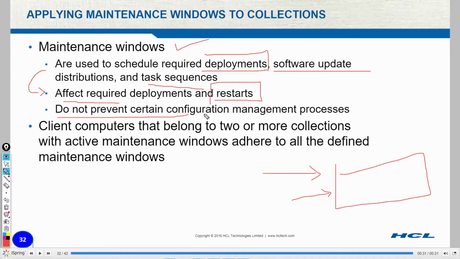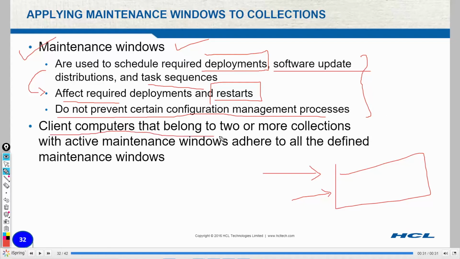These do not prevent certain configuration management processes. In maintenance windows, you can update the machines and reboot the machines. It will not hamper your productivity because the maintenance window is defined in non-production hours, especially on weekends, and users know that there will be a maintenance window at that time.